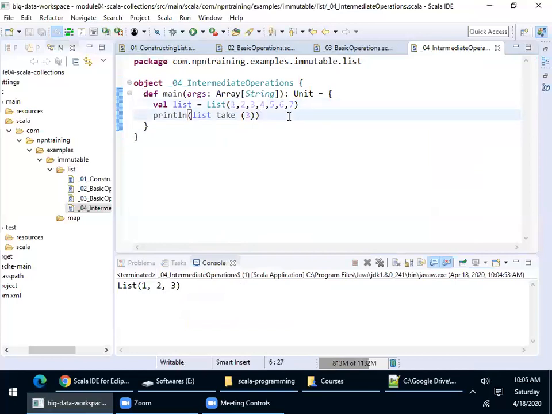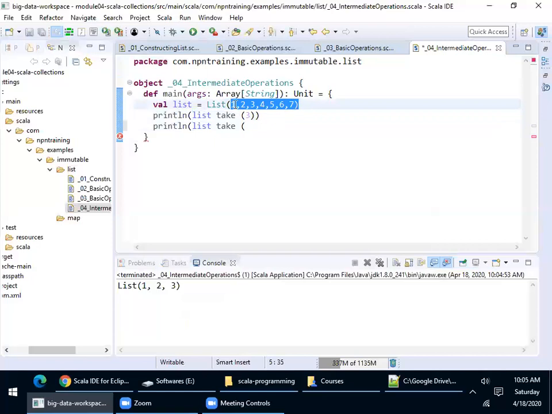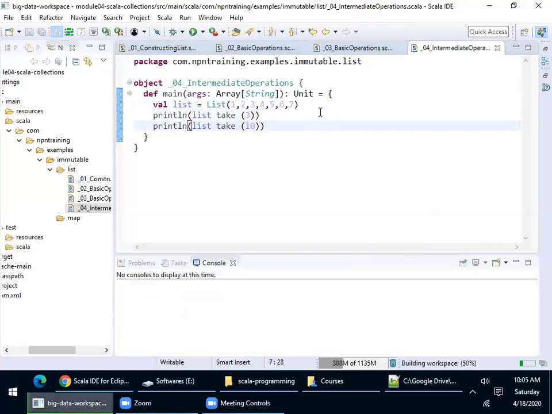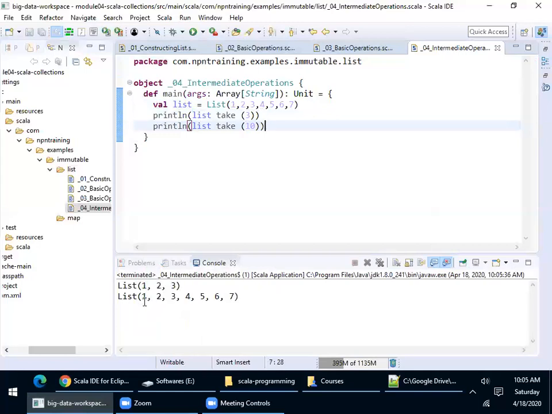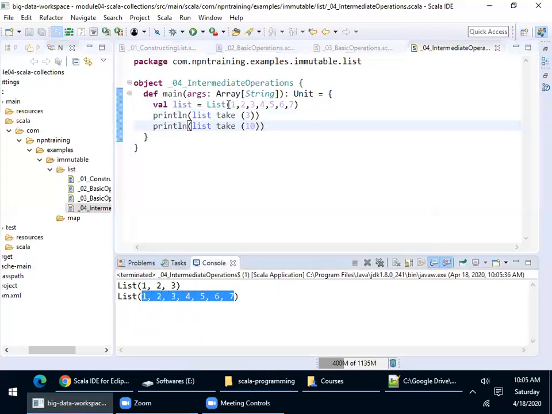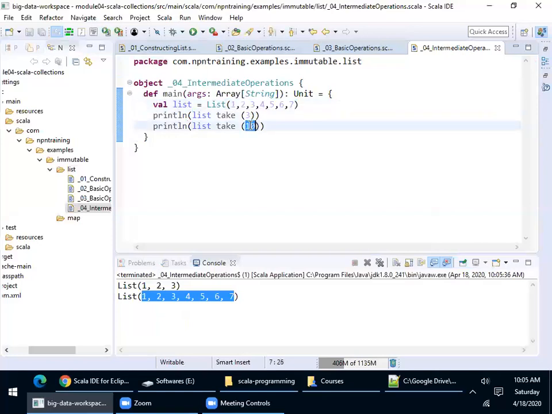For example, this is a very important interview question. If you try to take a value from a list beyond its size, that means the given value, whatever you're trying to give here, exceeds its size. For example, the size is 1, 2, 3, 4, 5, 6, 7, correct? If I try to access 10, it simply tries to fetch all the values, because it has only 7, but you're asking, give me 10. You don't have 10 values, so it gives you the complete elements from the list.